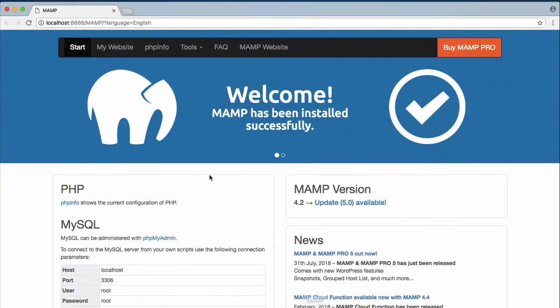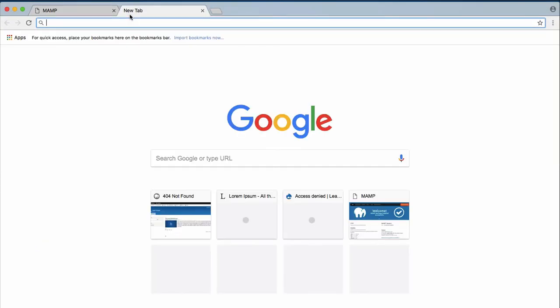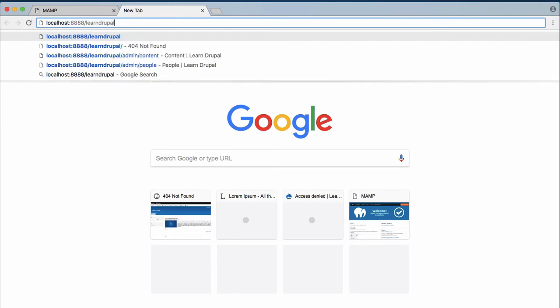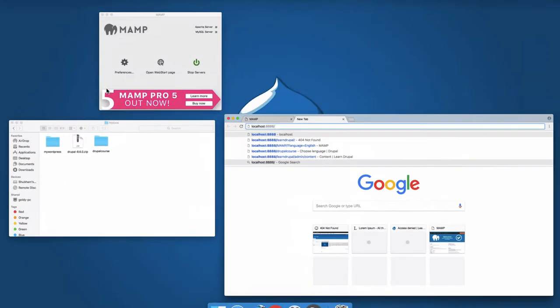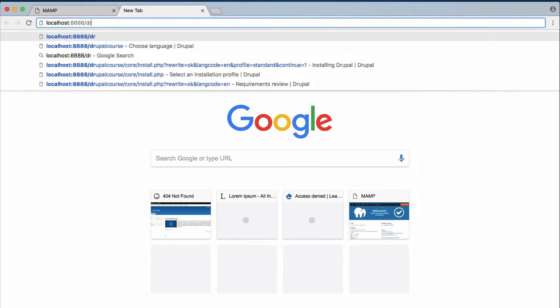So just open your browser once again and then open a new tab, and we will go to our localhost. But what is the address of our localhost? Well, type localhost colon 8888 slash and the folder name. So what was our folder name? Our folder name was Drupal course. So just type that right here